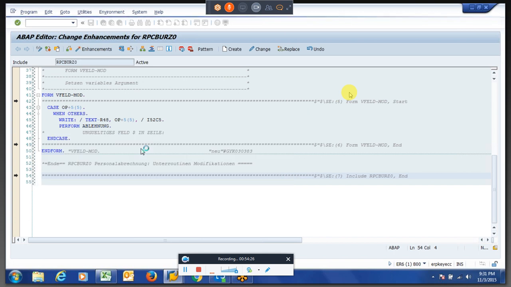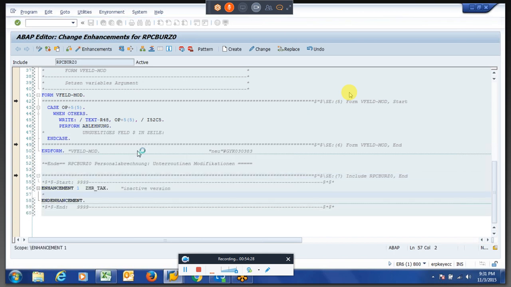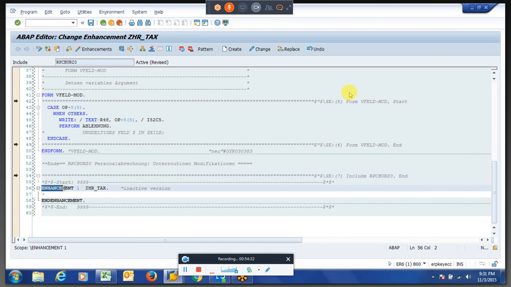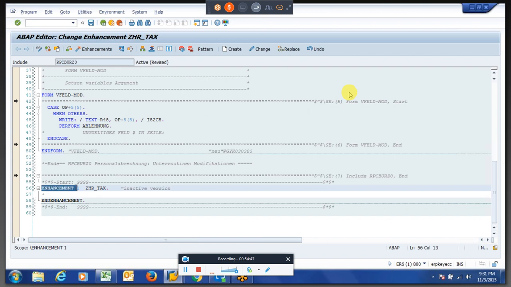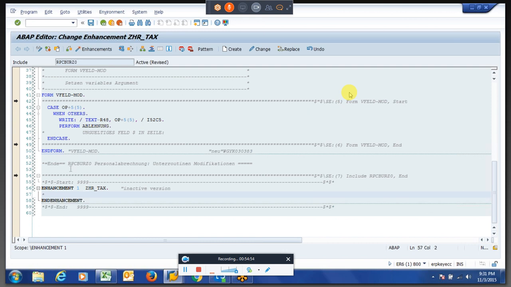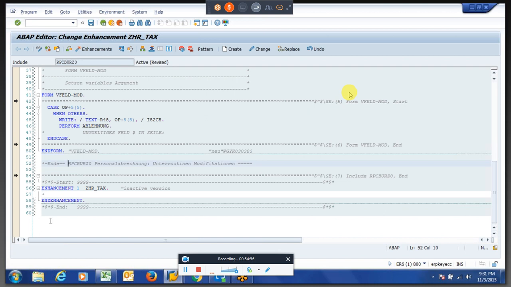If you see here, by default there will be an enhancement created over here, like a block begin in the PCR. So here the enhancement begins over here and ends over here. Whatever you want, you can write over here. You can't write anything above or underneath.